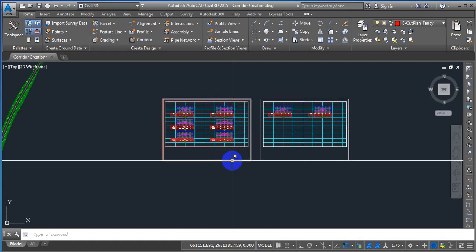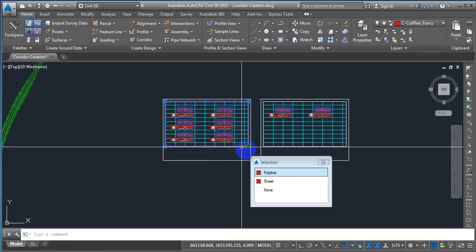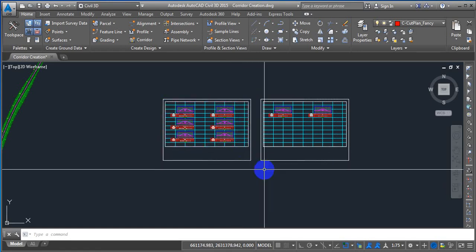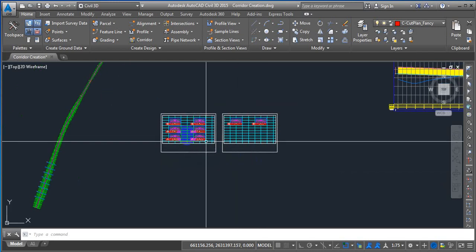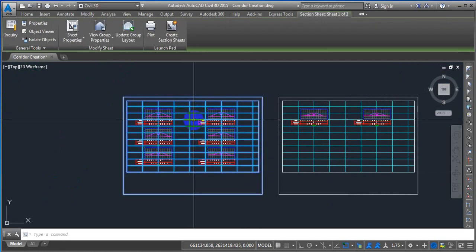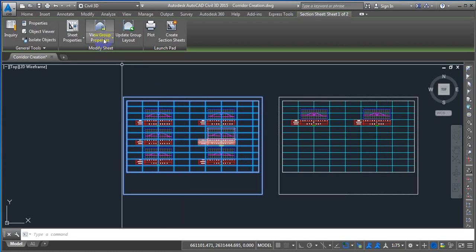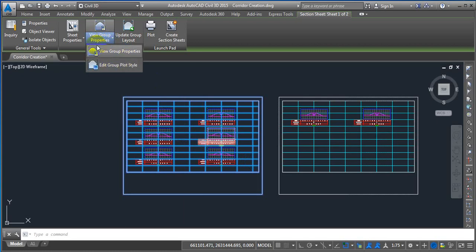Okay, so let's delete this outer rectangle and then this internal rectangle. Now I will just turn off these grid lines, and we will talk about these grid lines in detail in our next video. So we'll simply click on it and come over here to this view group properties,